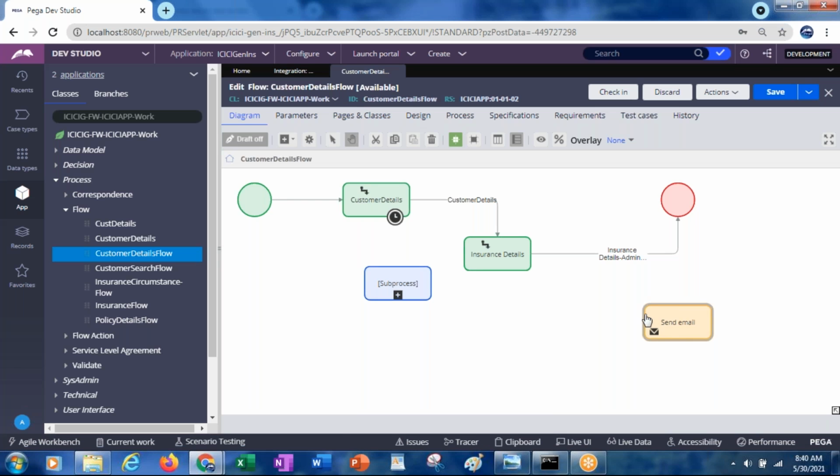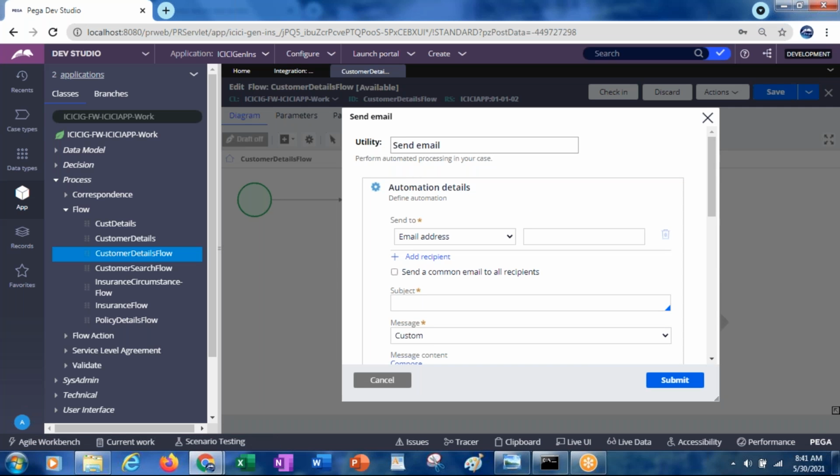In this send email, we need to pass the parameters. So this is the send email, to whom you want to send it.